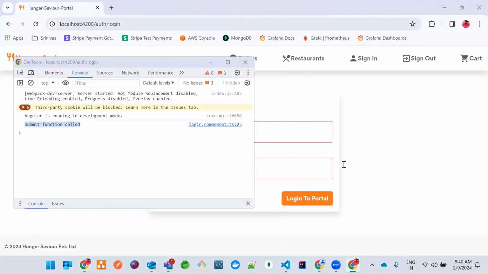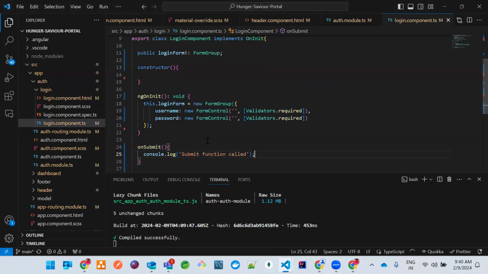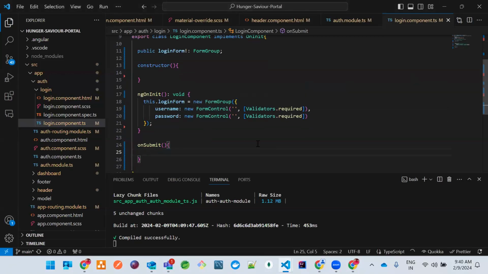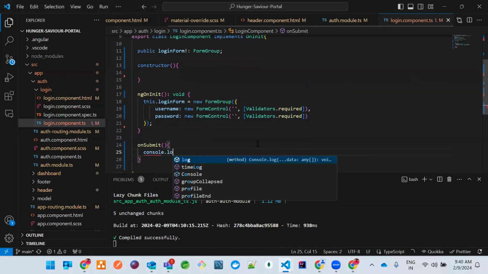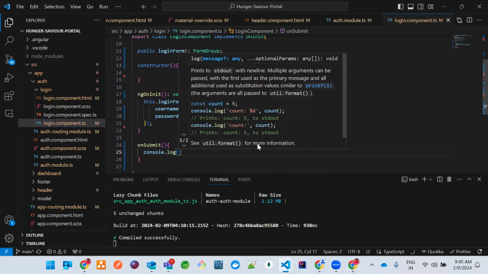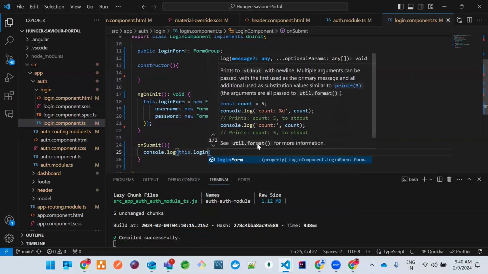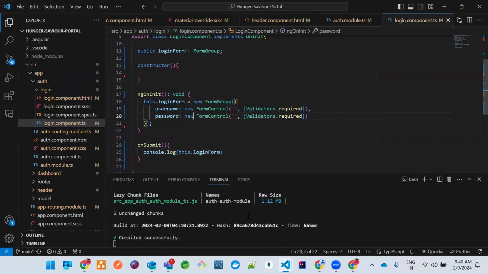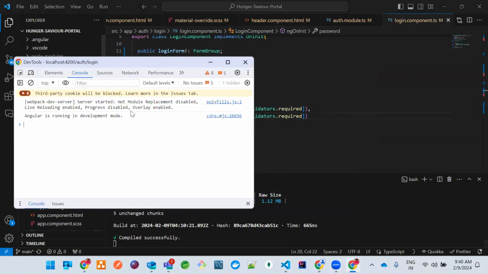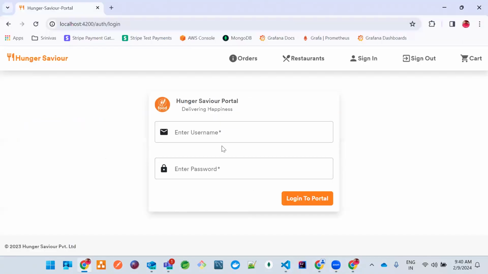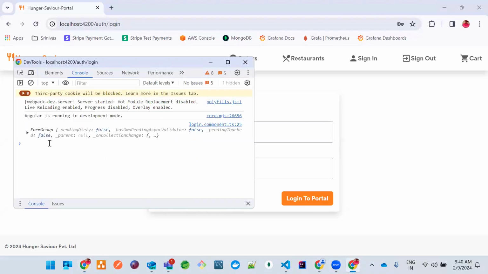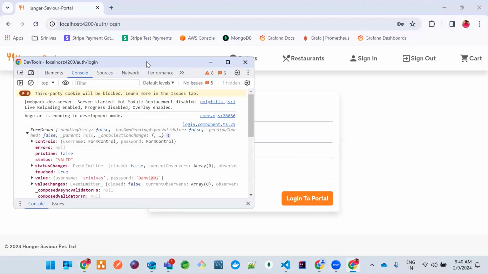So here what we can simply do, we can actually console.log the login form itself, this dot login form. So let's see what happens here now. I just wanted to enter Srinivas and my name, password. And I just wanted to submit this and I just wanted to see that, hey, we are getting the details,